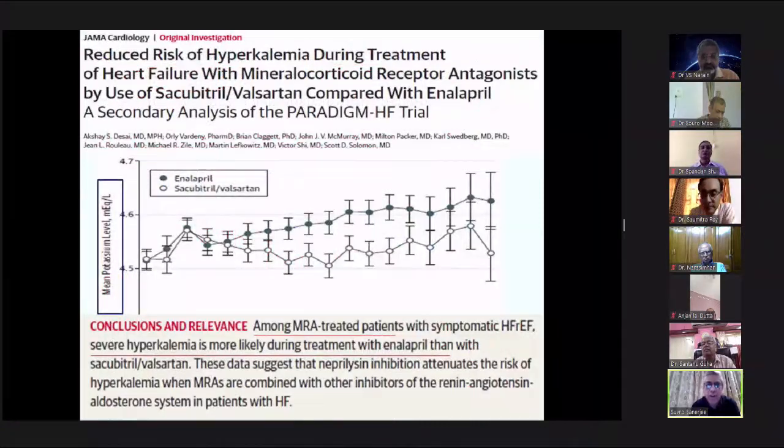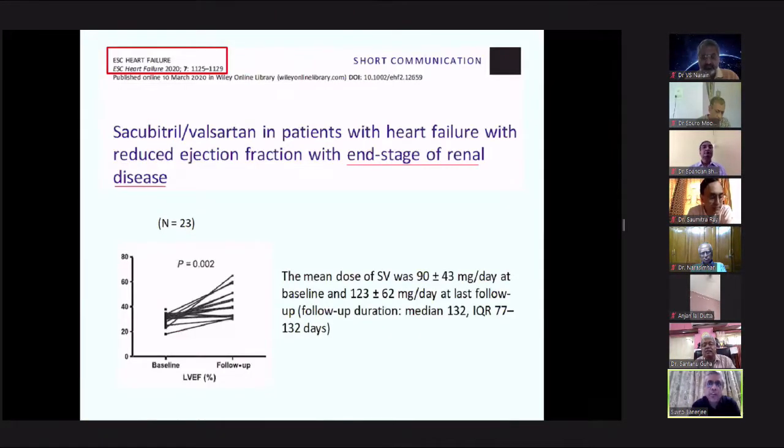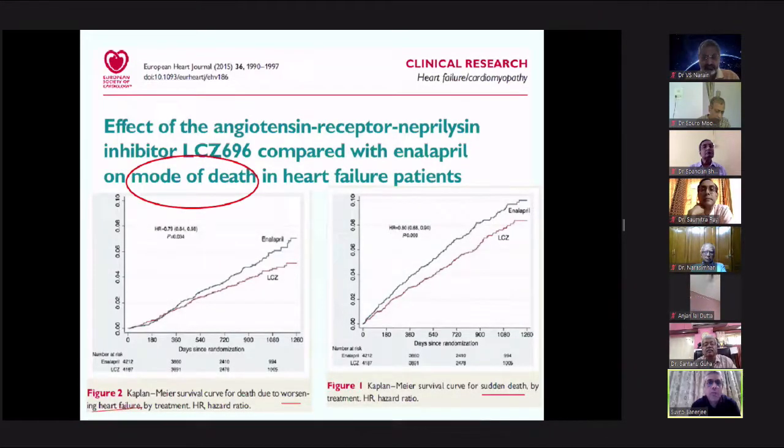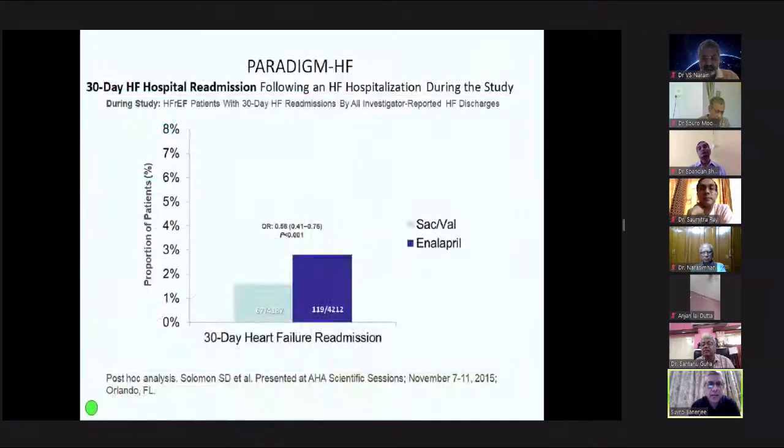Now, if a patient is on MRA already, then severe hyperkalemia is more likely with enalapril compared to ARNI. Now, a recent publication in ESC Heart Failure shows that ARNI has been effective and safe in patients with end-stage renal disease who are on dialysis. Now, ARNI reduces mortality both due to reducing worsening of heart failure as well as by reducing sudden cardiac death. Now, a post-hoc study of PARADIGM-HF has shown that ARNI significantly reduces 30-day heart failure readmission compared